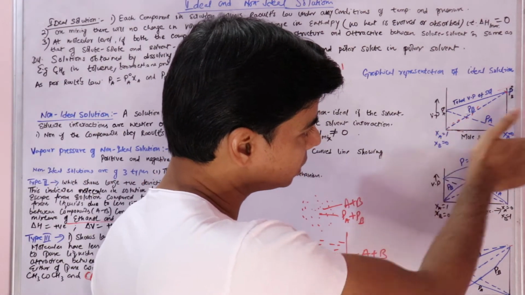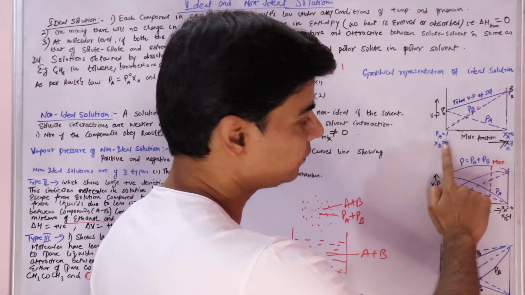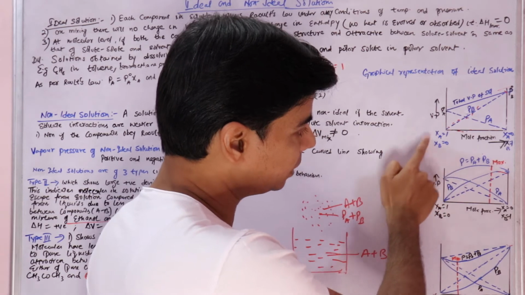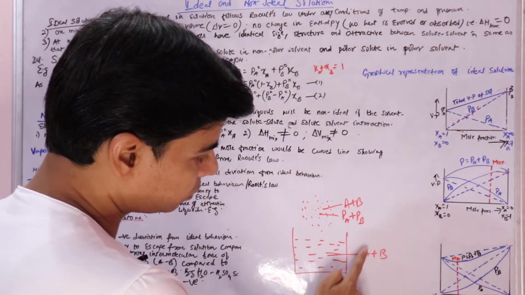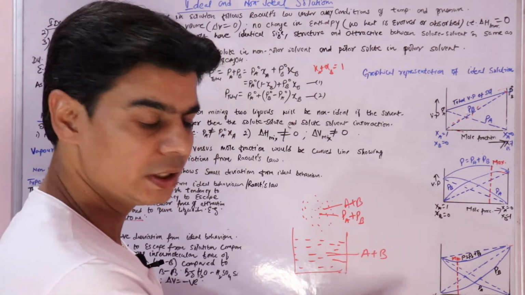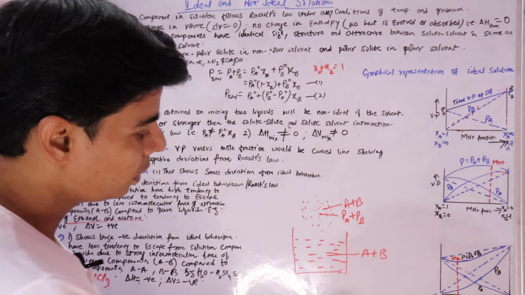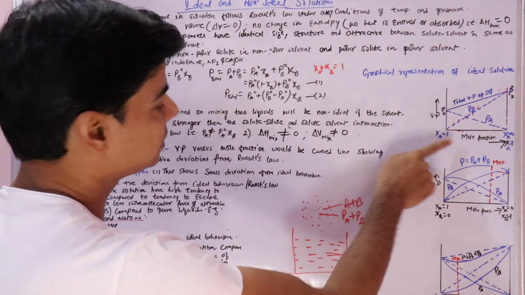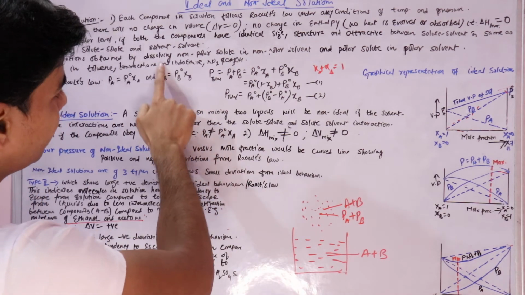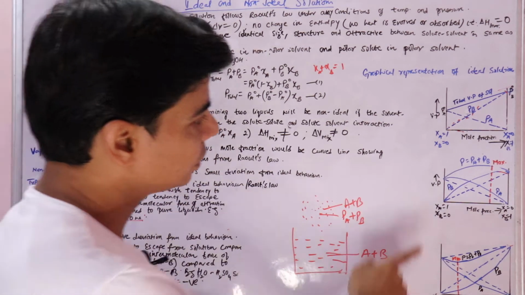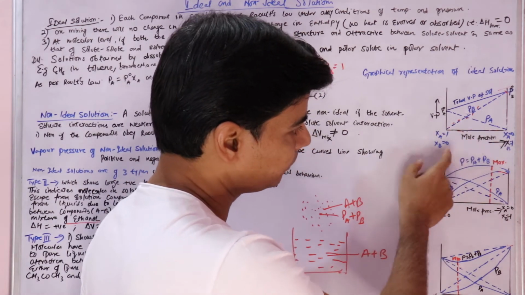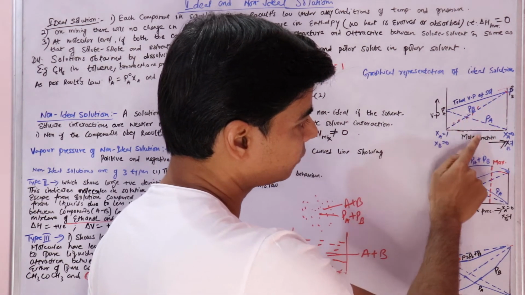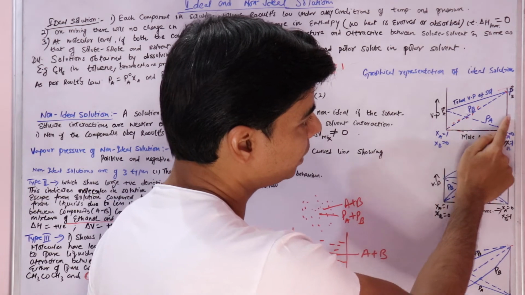As we move towards the right, in the x-axis we have mole fraction and in the y-axis we have vapor pressure. As you keep adding liquid B, the mole fraction of B will keep increasing in this solution. So as per Raoult's law, as the mole fraction of B, that is XB, increases, the vapor pressure due to B will also increase. Here, as we are going towards the right, B is increasing, and if you look at this graph, as we increase B, the vapor pressure of B will also increase.